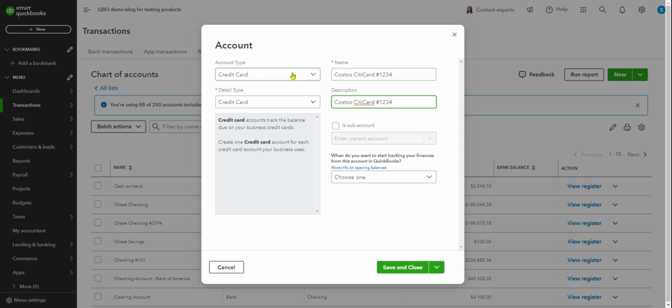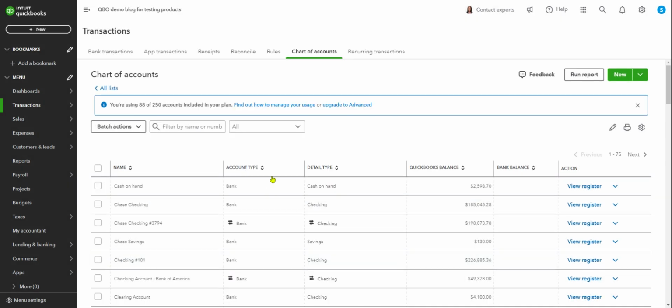This is just a straightforward one account, and if you have sub accounts, like you have credit cards, one for you and one for another employee, then you have to do it a little bit differently. Okay. So once this is saved, then it's in your QuickBooks account. It will give you the account type, and then it will show up in here. Okay, and then you just go to the bank transactions,